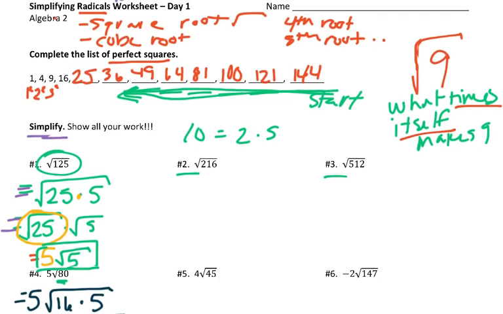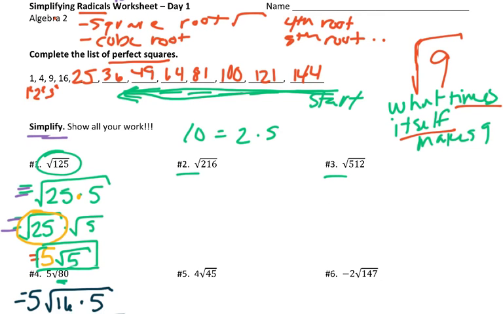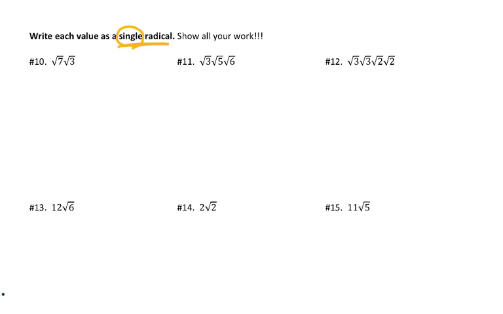Now, of course, since we did this in what we're going to call the forwards direction, since we just did it that way, we're also going to do it in the backwards direction. So notice this is asking you to write this as a single radical. So you could have 2, 3, or even 4, or however many radicals you want multiplied. But remember that the idea is that when we had the radicals multiplied by each other, it's because they came from one radical. So applying that over here, that actually means that I can rewrite number 10 as inside 7